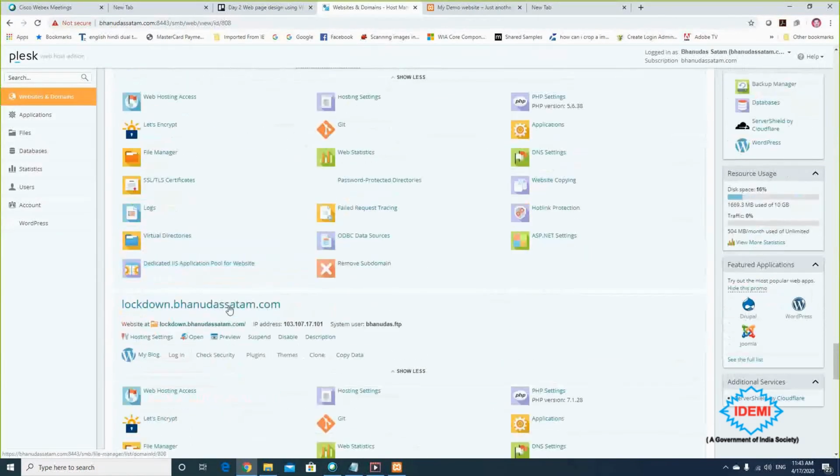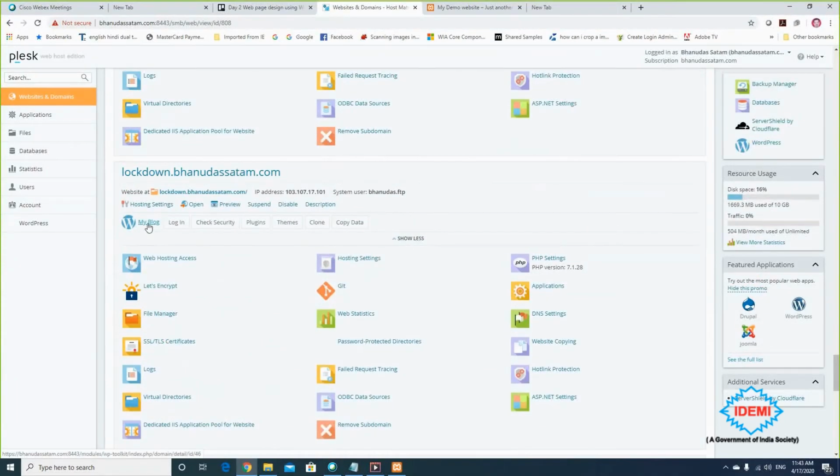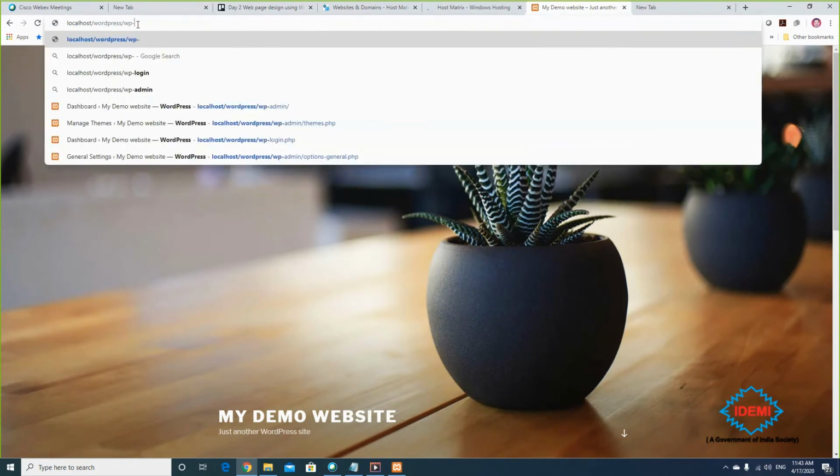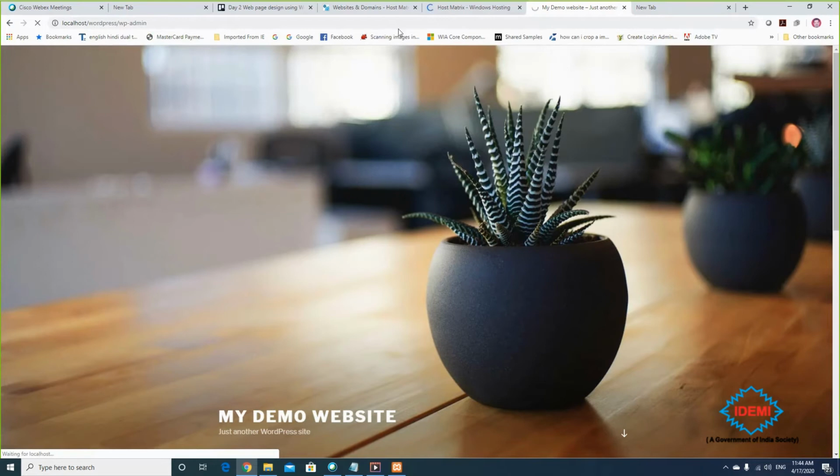So lockdown.bhanudasetup.com. This is my blog, already created. I can click on login here, and it will give the same structure. Here also I am using wp-admin.